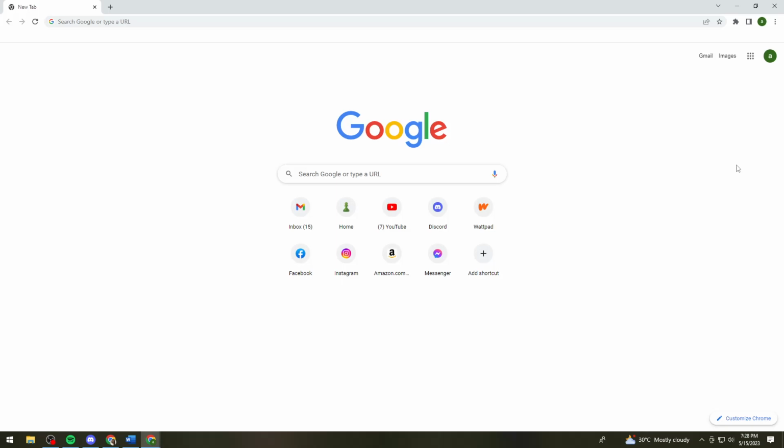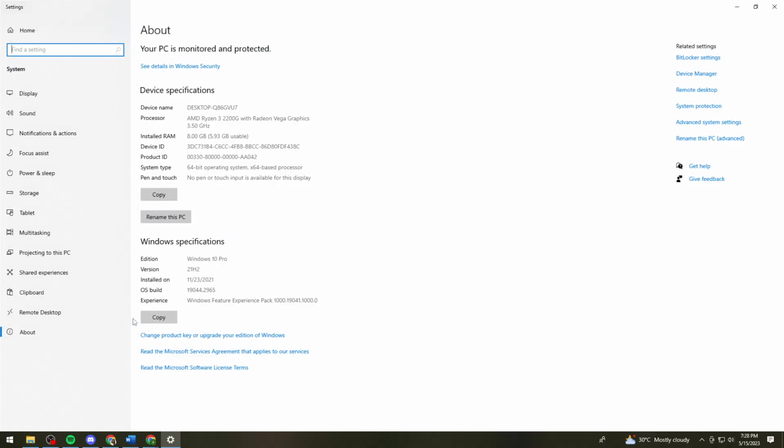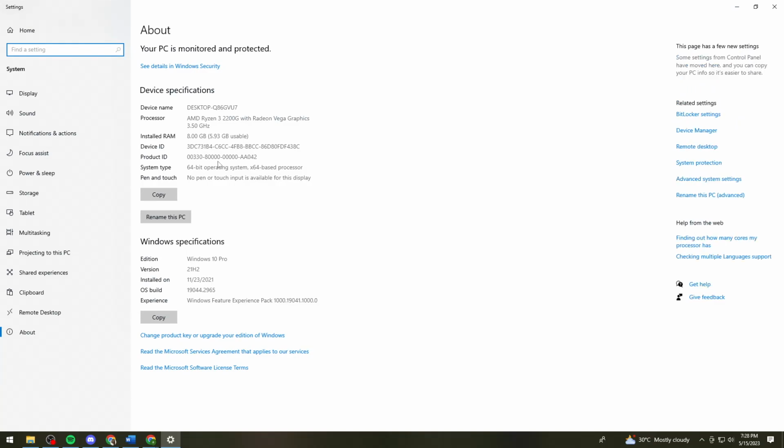First of all, you want to check what version or system type you have on your device. To do that, just go ahead and open your File Explorer. Now right-click on This PC and click on Properties. Here you should see what system type you have. As you can see, I have a 64-bit operating system,